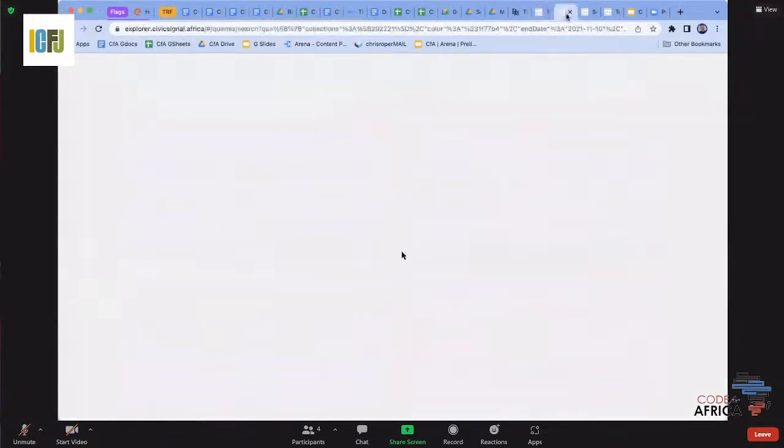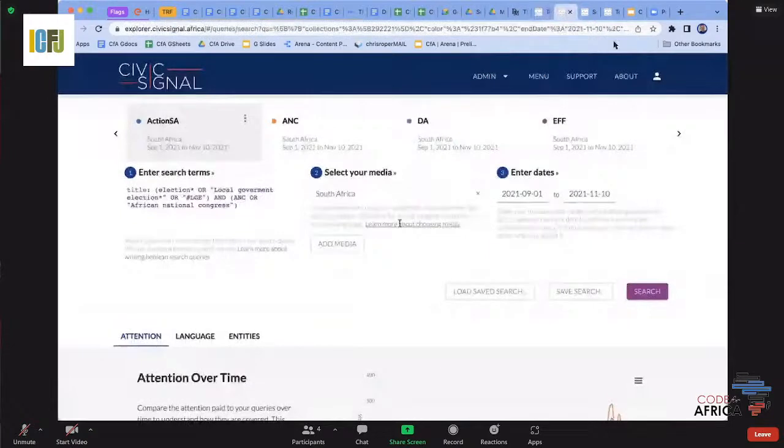So if you go to Civic Signals Explorer, this is just a rough look at what that search interface would look like for you. This is a search that I did when I was trying to understand, in the South African local government elections context, if misinformation being pushed by smaller political parties in South Africa, misinformation around xenophobia and that kind of thing, had an impact on the coverage that they got in the news.